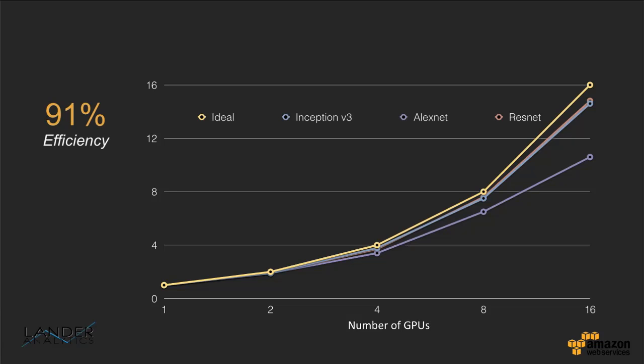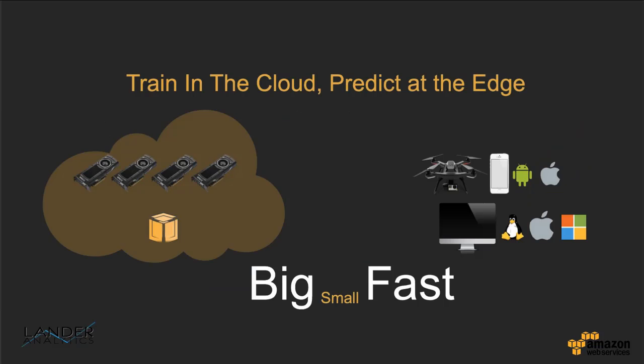Apache MXNet scales almost linearly, close to 91% efficiency. And this is useful when you want to run a multi-cluster, multi-GPU environment, because it enables you to not lose too much on cluster management operations and still generate a close enough accuracy that you would have with a linearly scalable environment. With MXNet, you can train at scale in the cloud and then deploy on a browser or a mobile device. And so it's big in the sense that it can run at scale on the cloud, and it's also small in the sense that it can run on a mobile device.